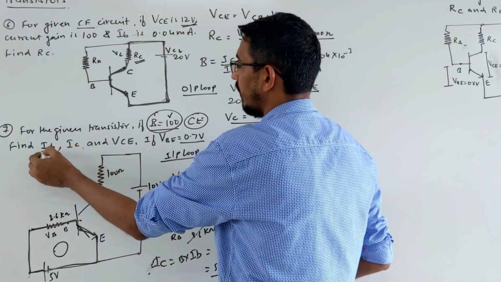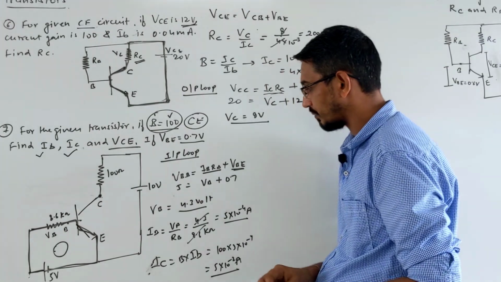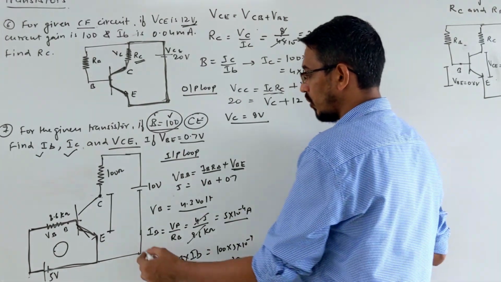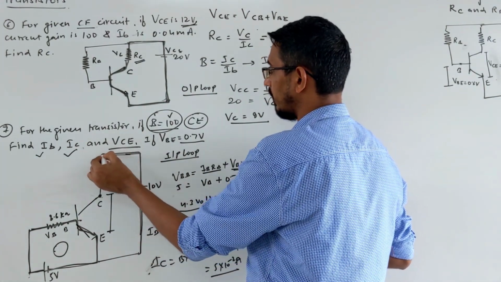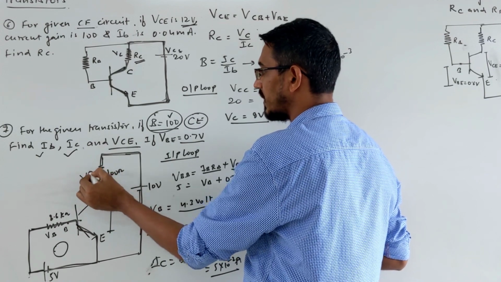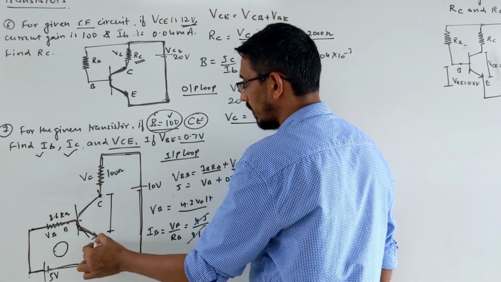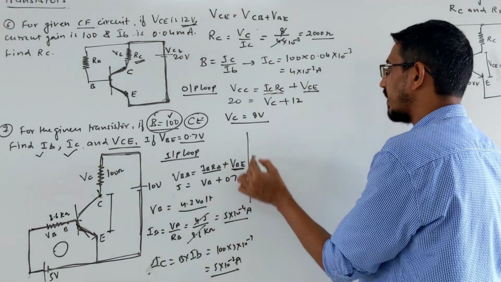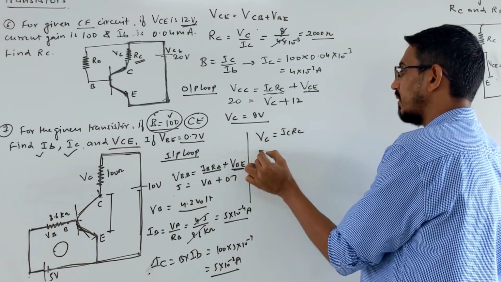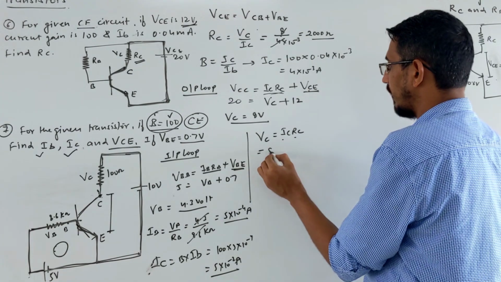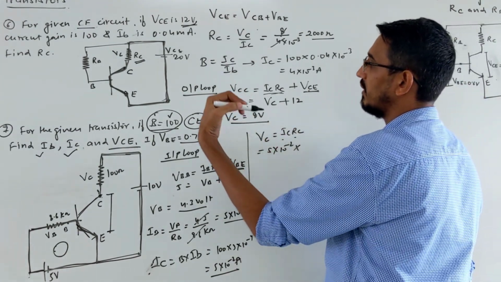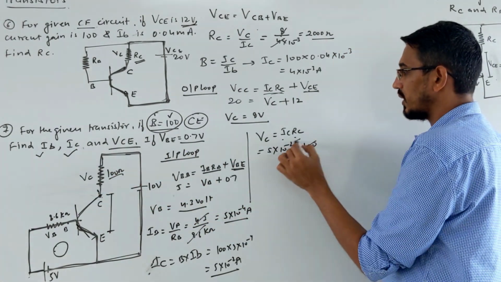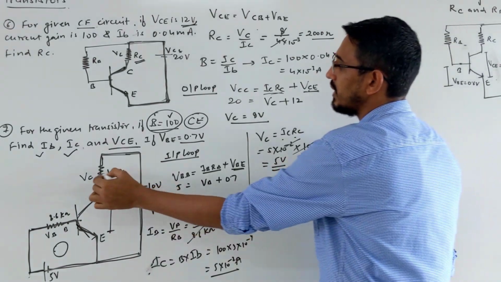Now we have to find VC, the voltage from here to here. So look at the output loop. The output loop starts from here, you go here, this is the battery, then you go here, this is the output resistance, so here the voltage will be VC, the output voltage, then this junction from C to E completes it. This you want to find, so we need the voltage here, VC. VC you can easily find, because VC is IC into RC, both we know. IC is 5 into 10 power minus 2, RC is given as 100. These two zeros get cancelled, and you get 5 volt. The voltage here is 5 volt.